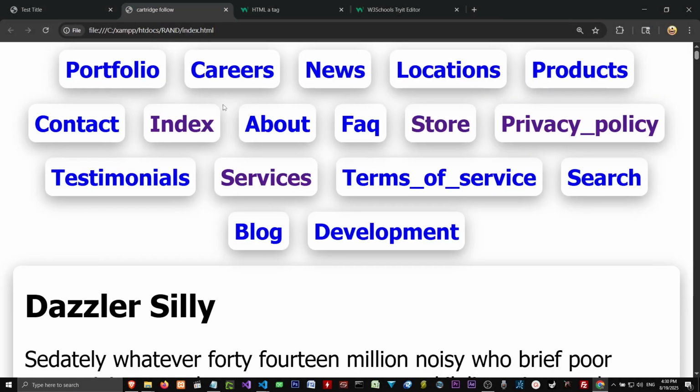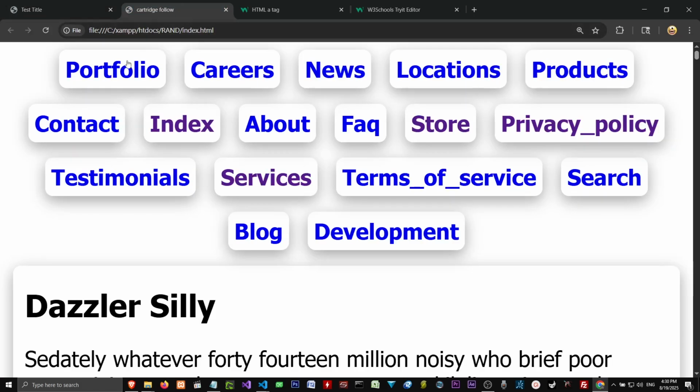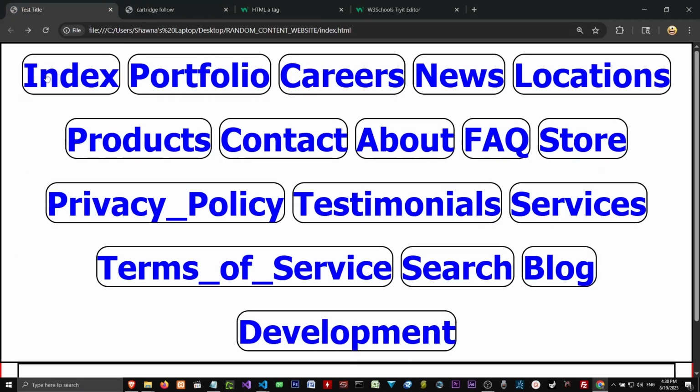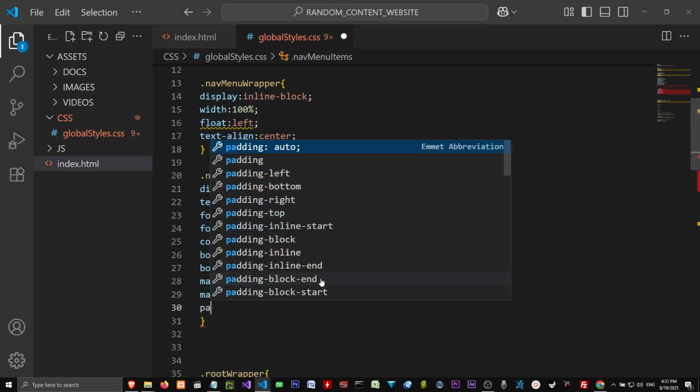We're starting to make progress. It's still a little bit of ways, right? So we've got these borders. Well, as you'll notice, we've got this padding on the inside. It's not all bunched up, right? It's not bunched up on the left and the right. So we need to come into our nav menu items and say, hey, I want padding. I want there to be padding in the nav menu items, okay? So let's come in here and give padding,